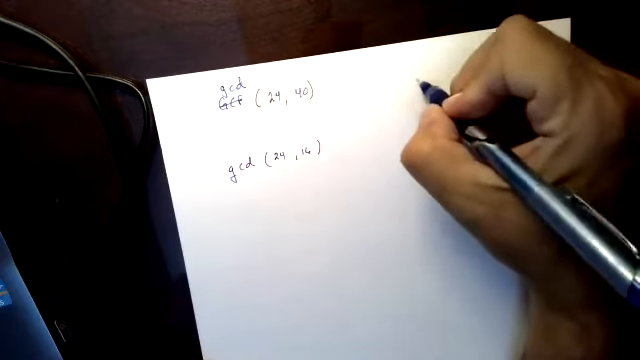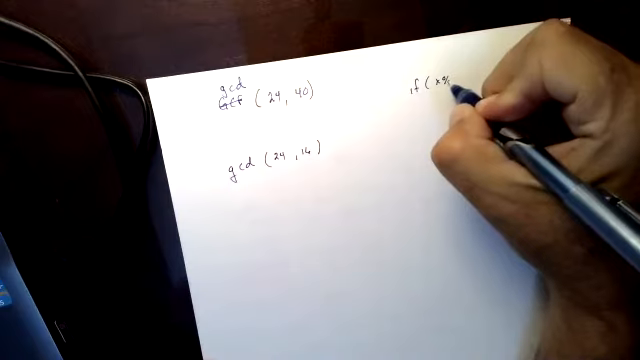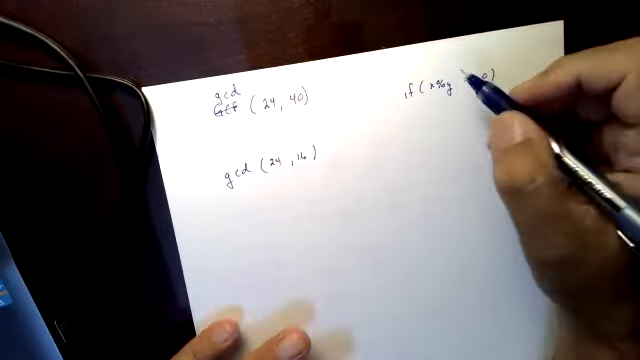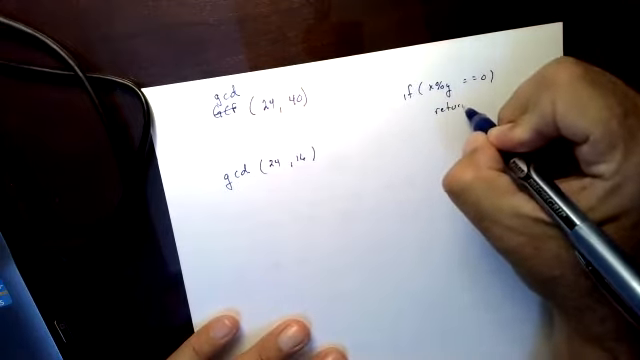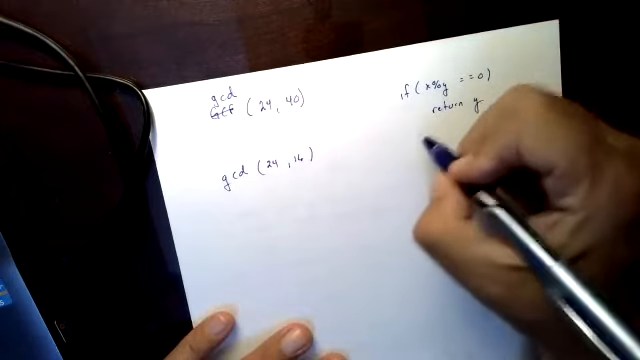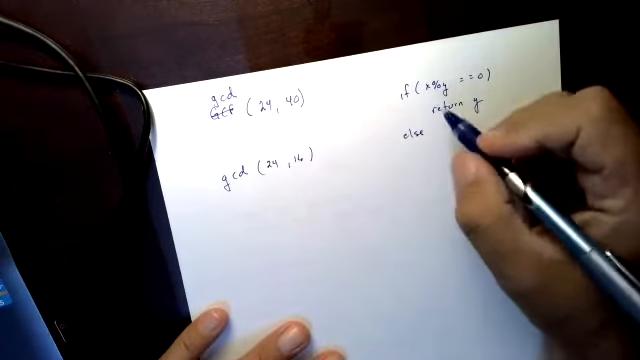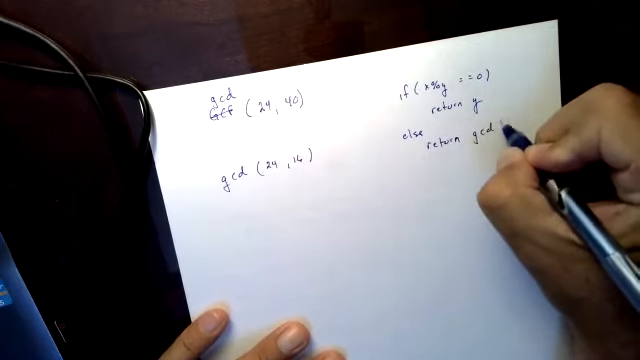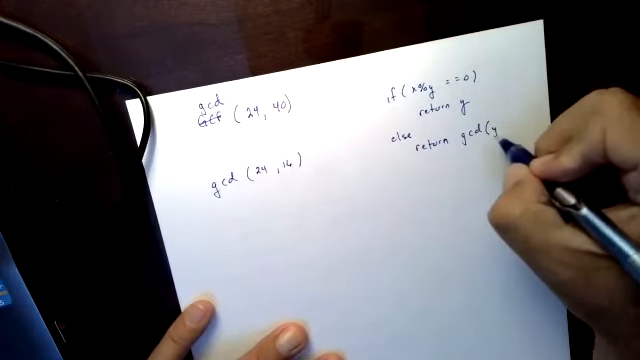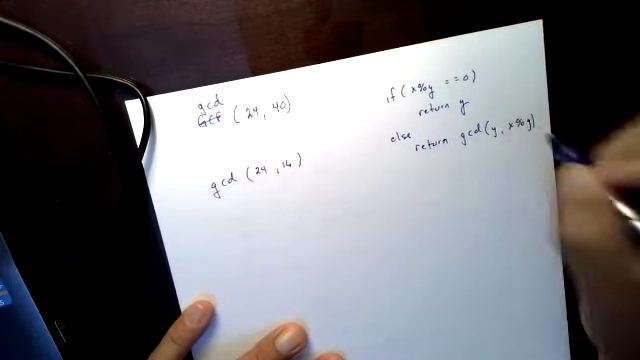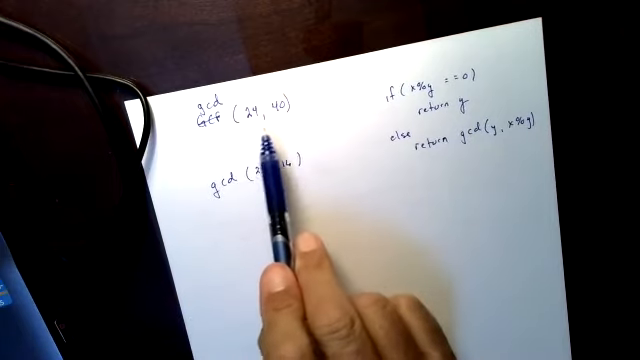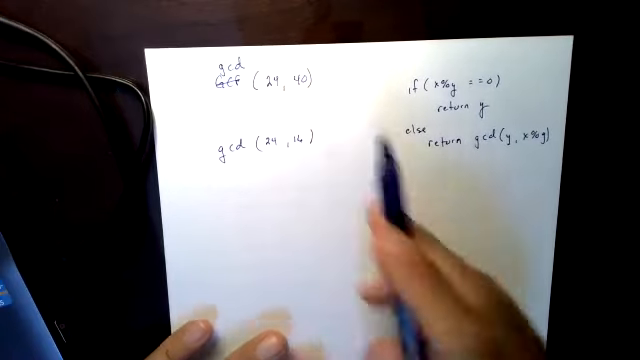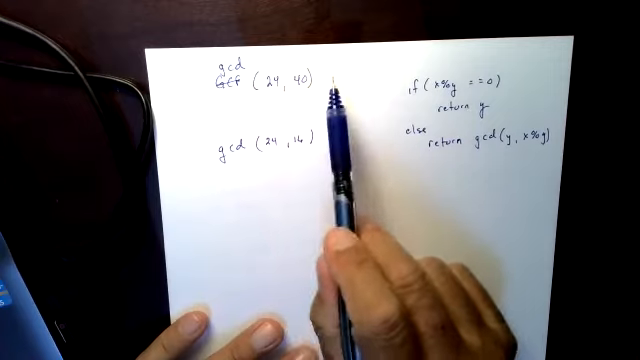Well, let's see, my little method was if x mod y equals 0, if that's the case, I return y. Else, return, and this is my call, return GCD of y, comma, x mod y. So let's see, what's the remainder when 24 is divided by 40, it goes in